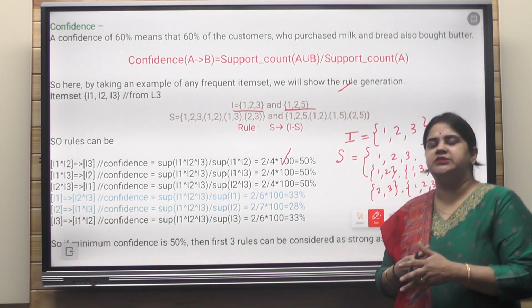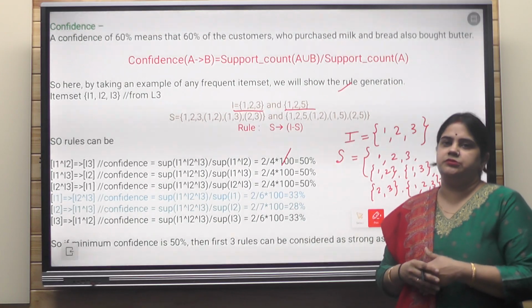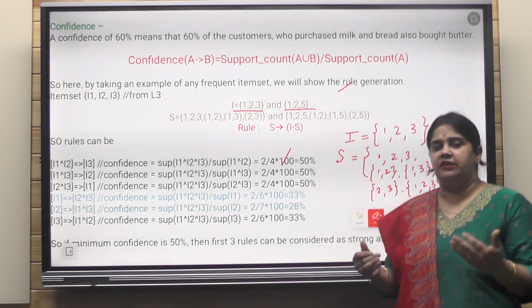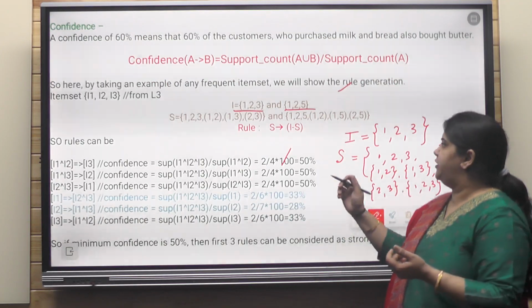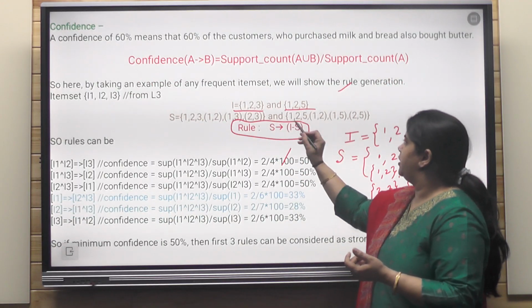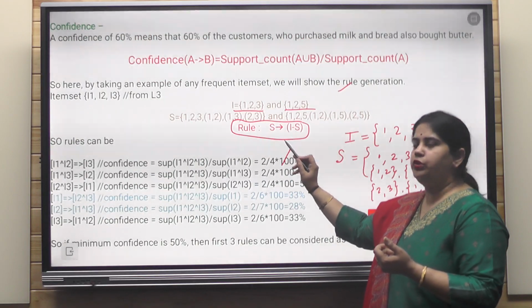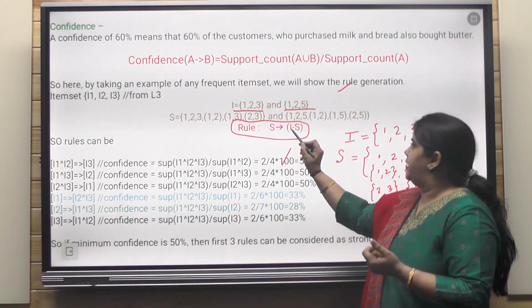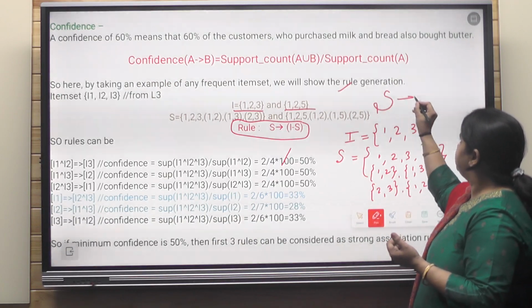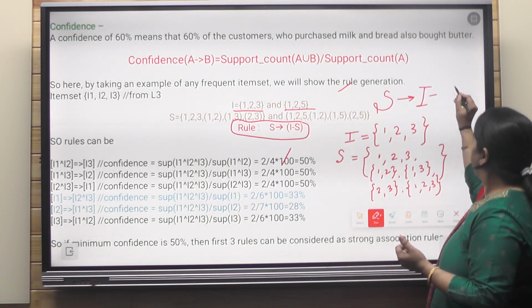Now it's your responsibility to create some association rules. To create association rules, we should know what will be on the left hand side and what will be on the right hand side. If X, then Y. The fundamental rule here is that the left hand side is any value of S, which gives you I minus S on the right. Left hand side will be my S and my right hand side will be I minus S.